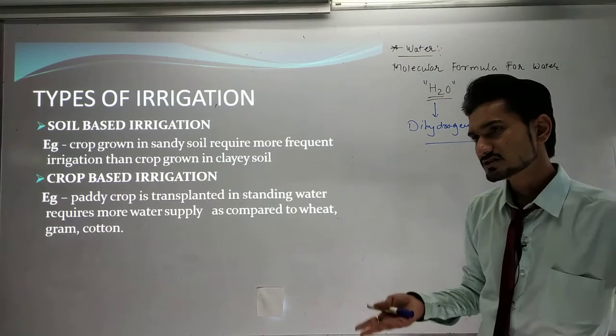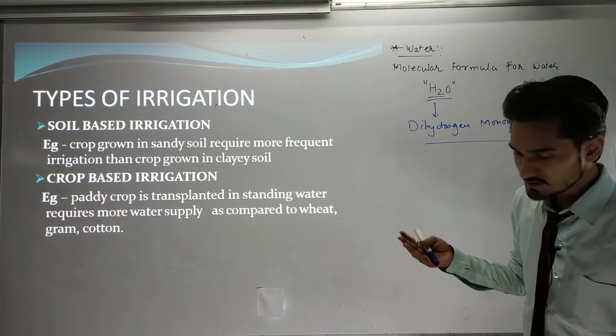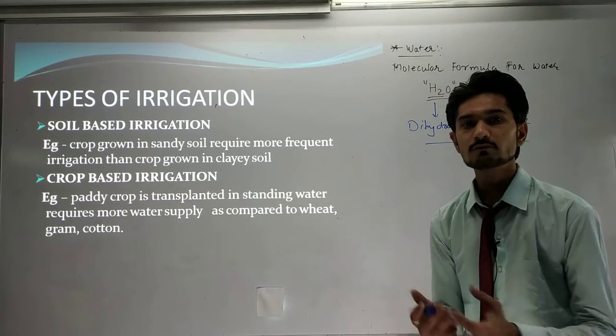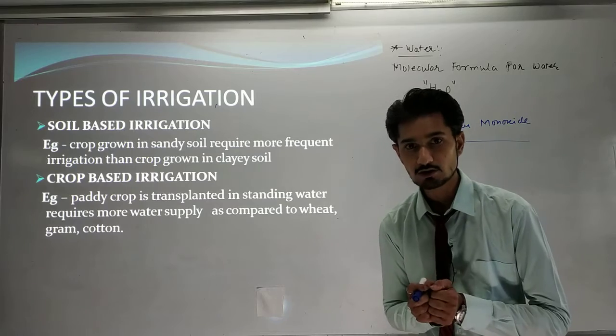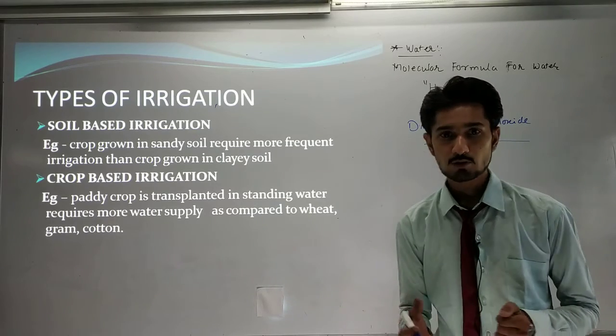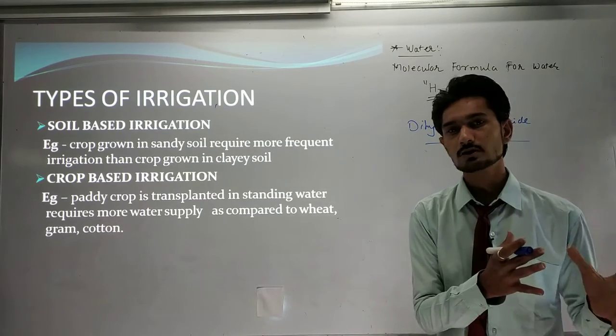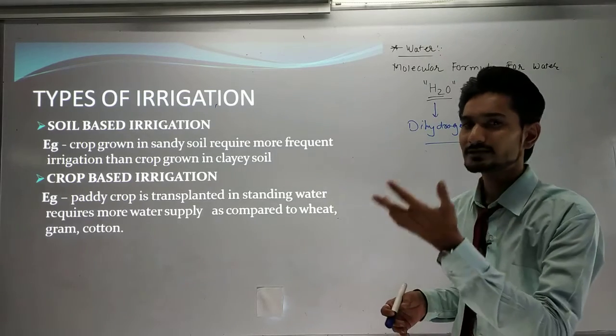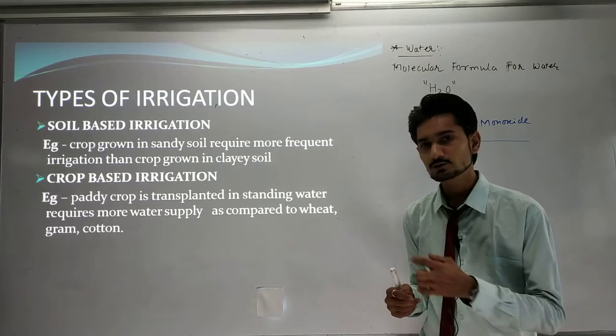And crop-based irrigation systems are also there, in which the crops that need more water, we have to provide more water, and those crops that don't need much water, we can provide less water. Okay,